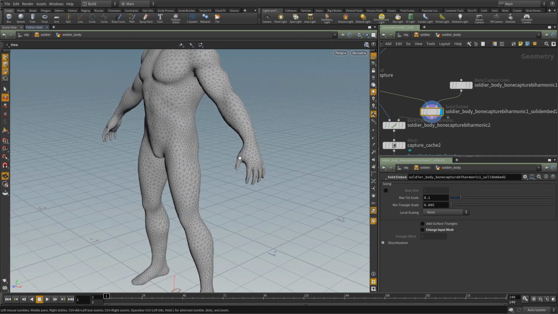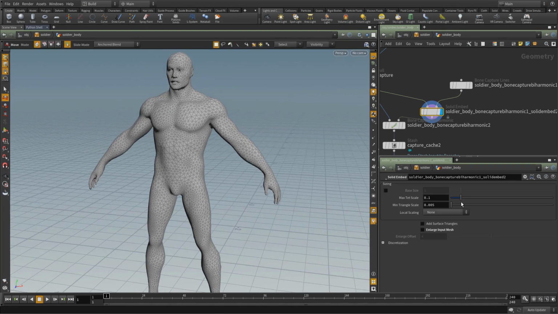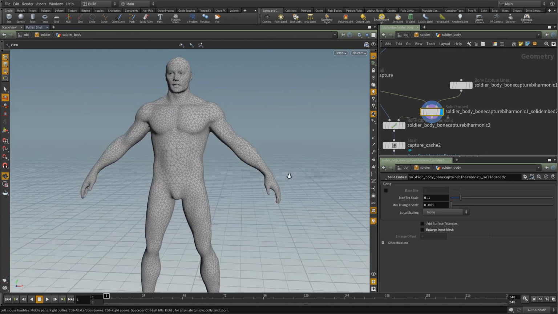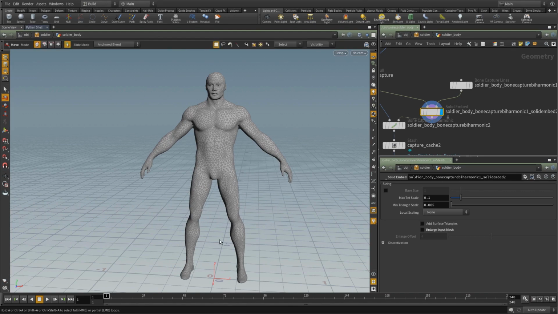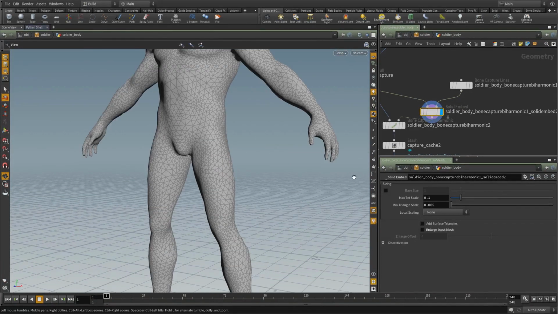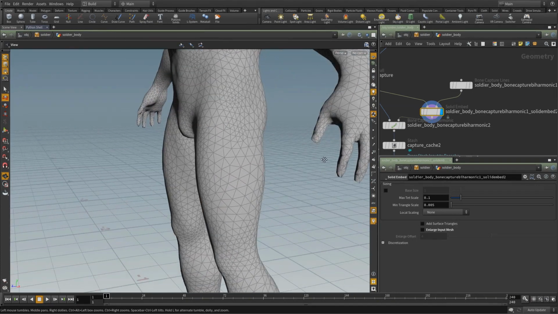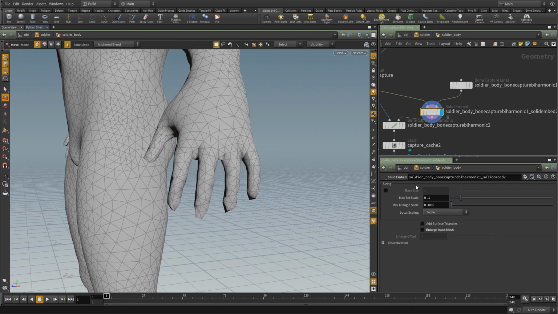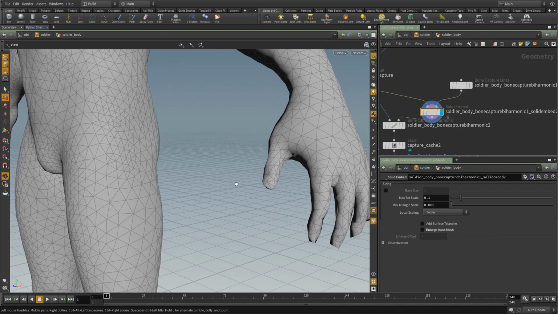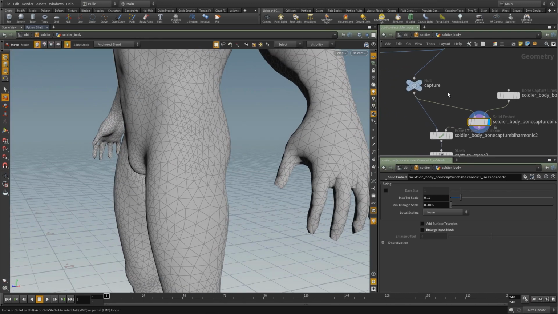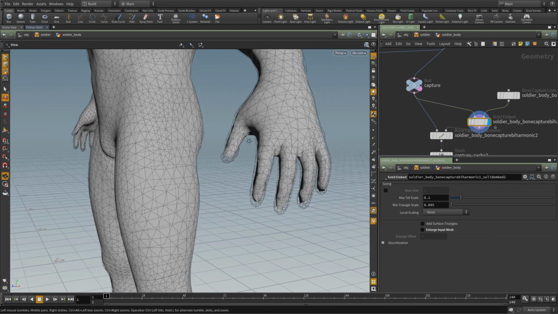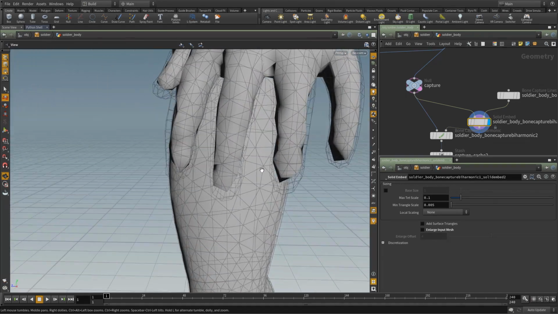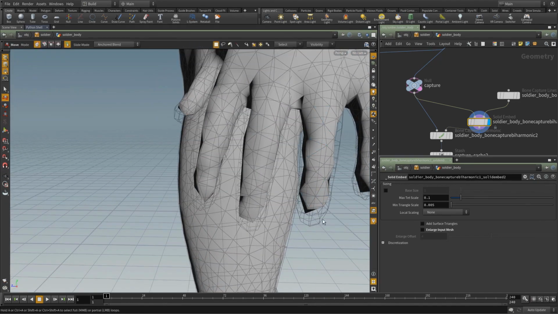Turn points off. And these default settings are pretty good. This character is just under 2 meters tall and has some pretty fine detail. The fingers are always tricky, but just as on default with enlarge input mesh turned off, it's done a really pretty good job. We can template our original mesh, and you can see that it's created some pretty good detail